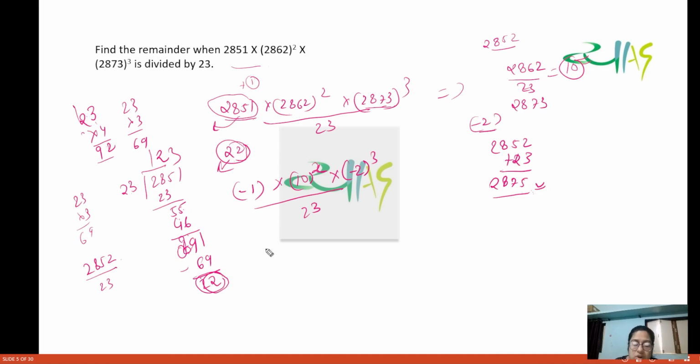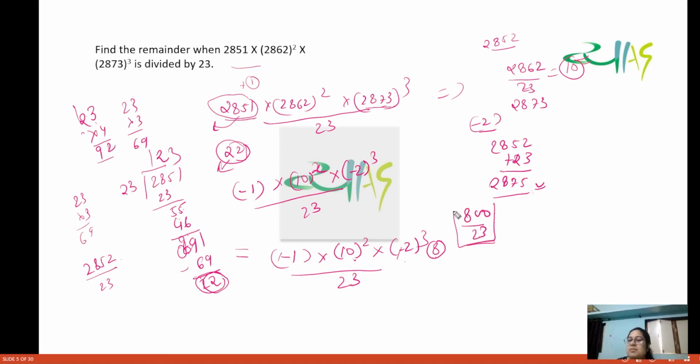तो अभी ये जो बचता है ये क्या है, माइनस 1 इंटू 10 का स्क्वायर इंटू माइनस 2 का क्यूब डिवाइडेड बाई 23। तो बेसिकली इसको आप क्यूब करेंगे तो माइनस माइनस कैंसिल हो जाएगा, ये 8 हो जाएगा और ये 100 हो जाएगा। तो बेसिकली आपका बचता है 800/23।